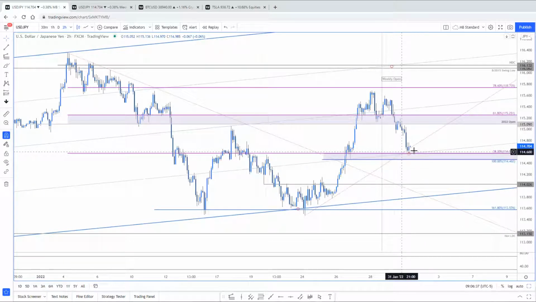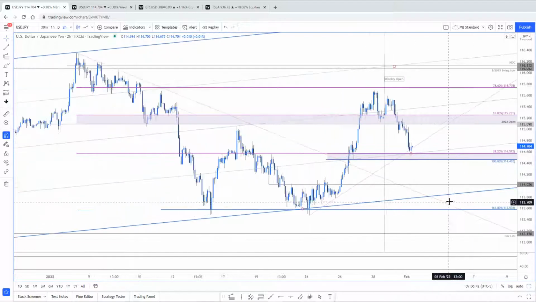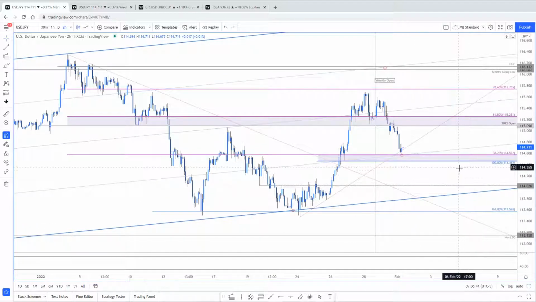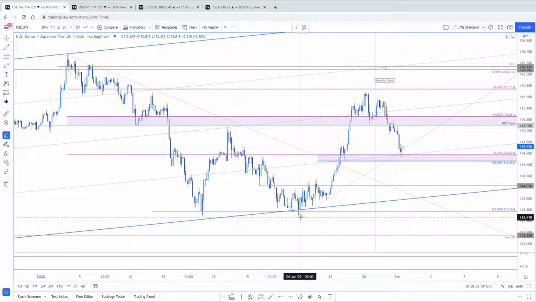The only question is what we do at this major pivot. I tend to think you get a little bit of a bounce here, even though the dollar is under tremendous pressure. Looking for a reaction here into the open of US trade. Not my favorite, very low conviction setup, but if anything's going to happen, this is a decent pivot we should be looking for. And in fact, if you take a new retracement just off the lows of the advance here,